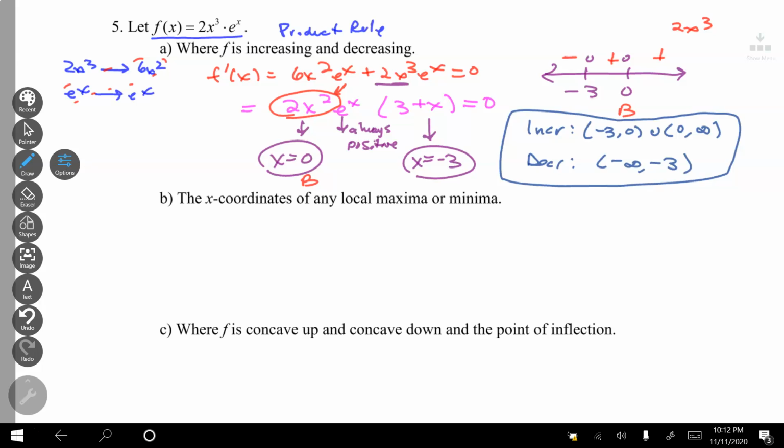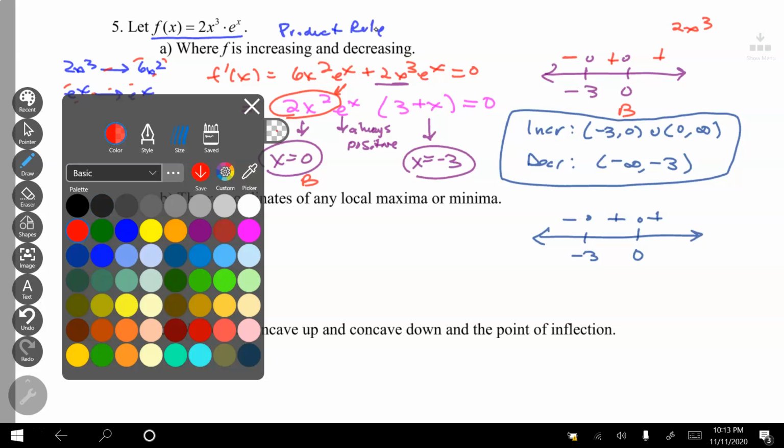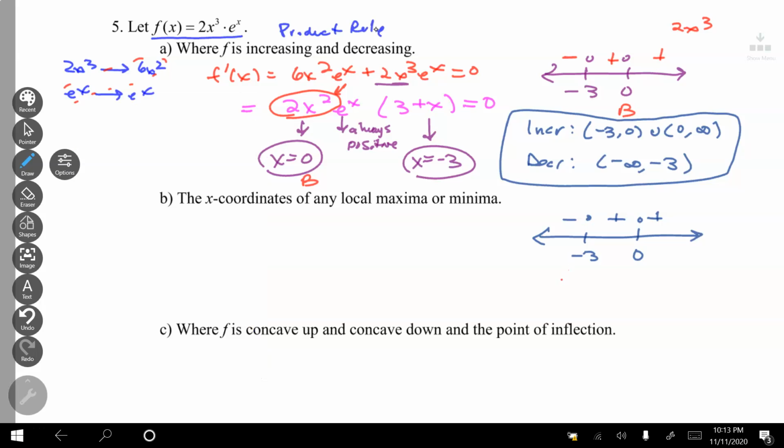Well, I'm going to redraw the number line. It's kind of crowded over there. Negative, positive, positive. And what makes it a min or a max? Well, -0 positive means it is a min. So at x equals -3, this is a minimum because this is a f prime number line. F prime goes -0 positive, but